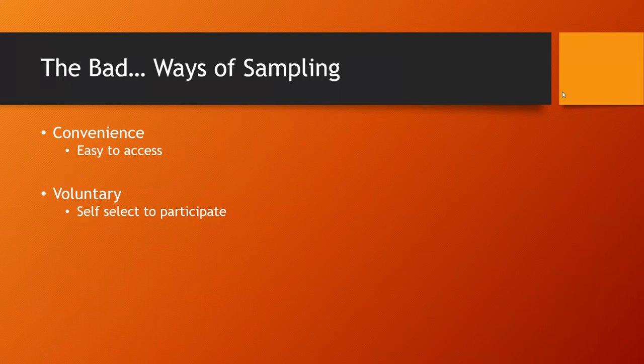And the reason they're bad is because there's no randomness in the selection of the sample. Okay, randomness is very important. And if there's no randomness and the sample doesn't represent the population, then bias can be introduced. Okay, and bias is when the results of your survey over or underestimate the population parameter that you're trying to